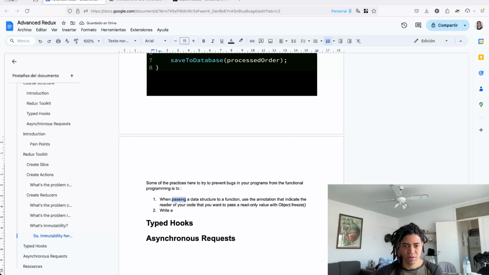So when passing a data structure to a function, use the annotation to indicate to the reader of your code that you want to pass the read-only value with object.freeze. Good. One. The other is that